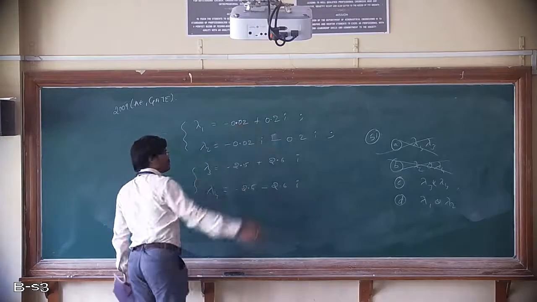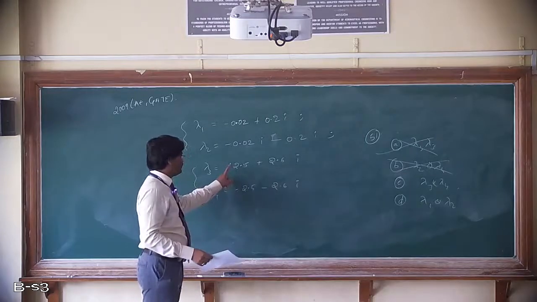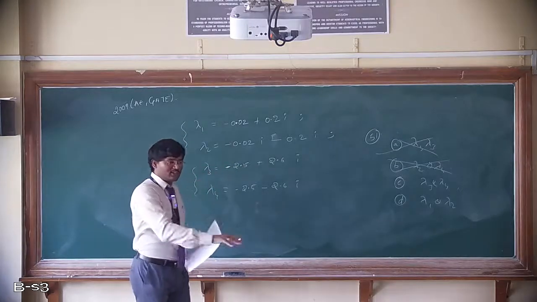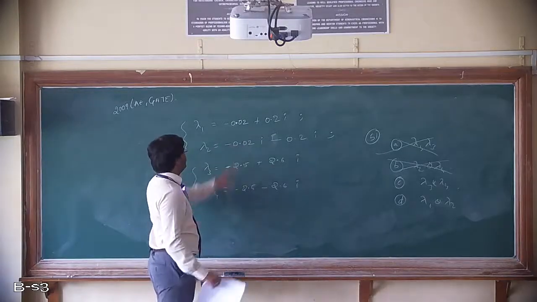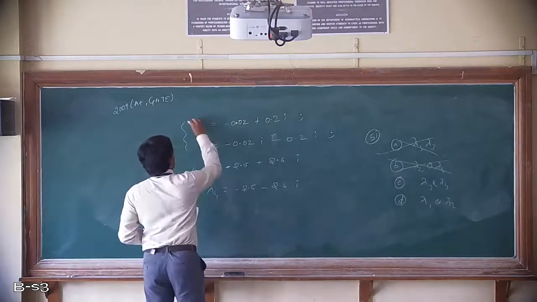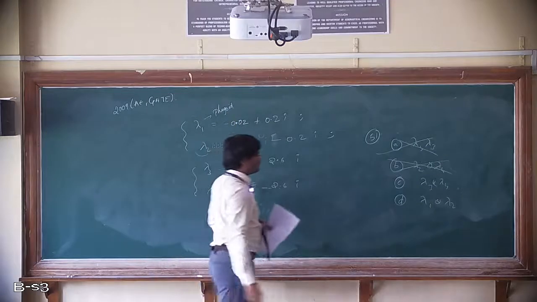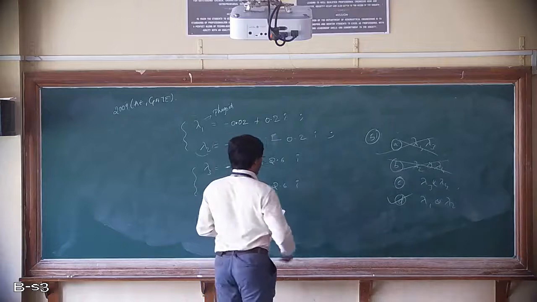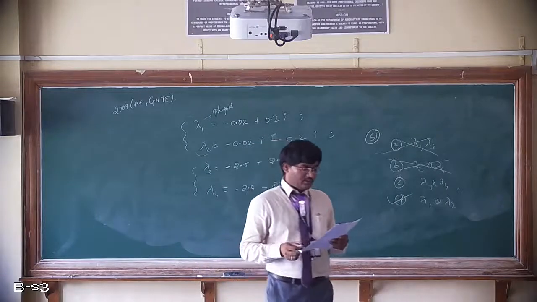For Phugoid mode, what is the logic? The time period is more, that is nothing but your real part should be minimum. Compare here: the real parts are 2.5 and 0.02. Which one is more? 2.5 is more. Forget about the minus sign. The minus sign is always there because it represents that the oscillations are decreasing with respect to time. So definitely these roots are very near to the imaginary axis, so lambda 1, lambda 2 will represent the Phugoid mode. So the answer is D.